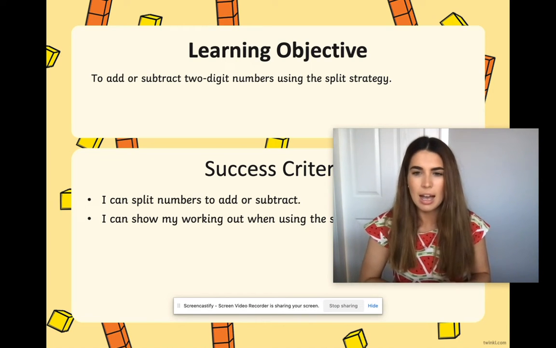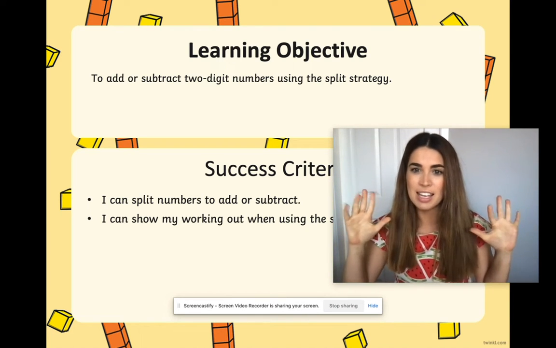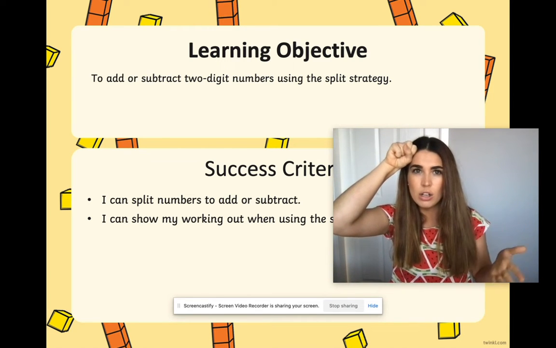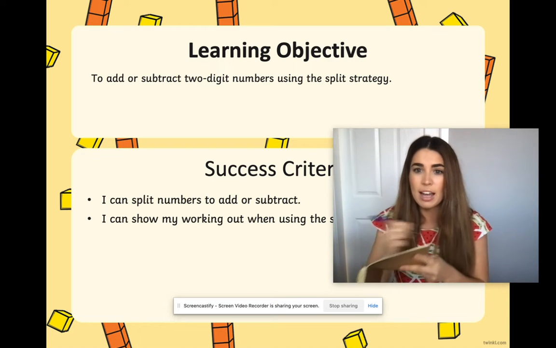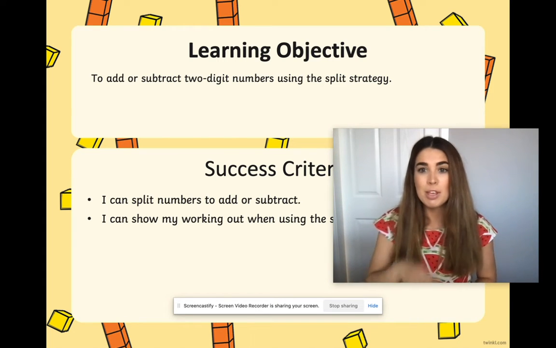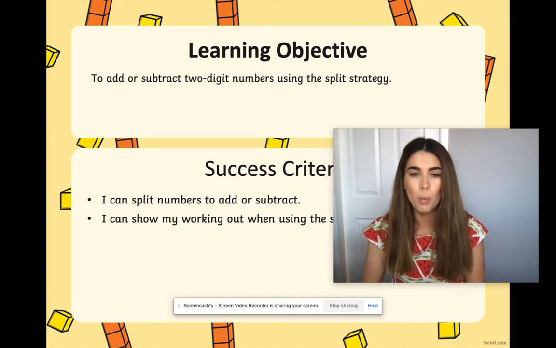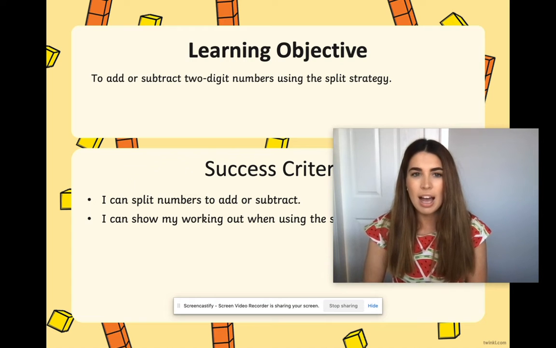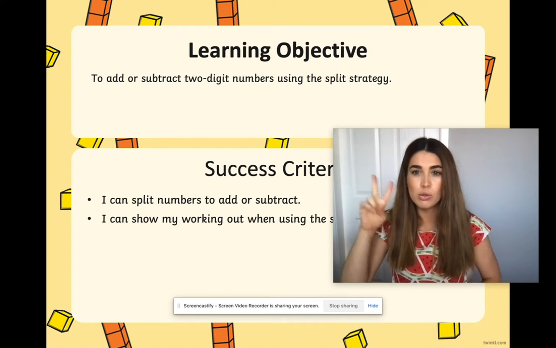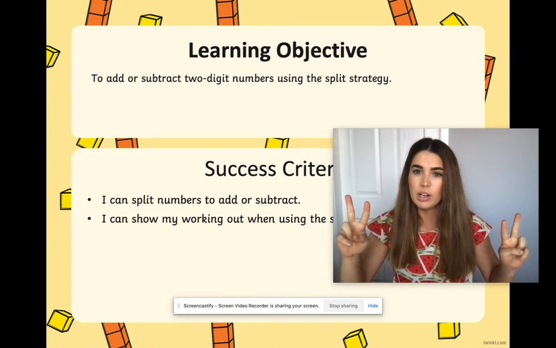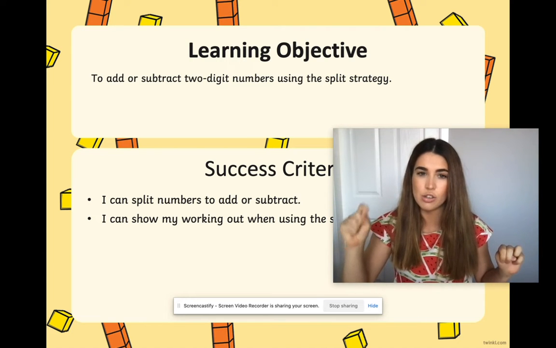split strategy. I might use a different strategy such as my fingers, maybe holding the biggest number in my brain and counting on, maybe drawing out a quick number line, maybe using counters. They're strategies I might use when I'm adding two one-digit numbers. But if I'm adding or subtracting two-digit numbers such as 23 and 54, remember, a digit is a number inside